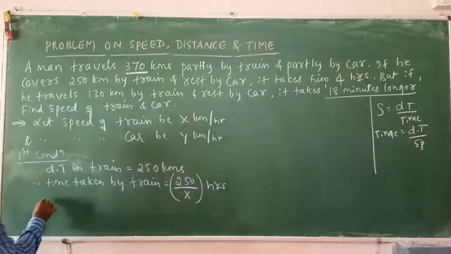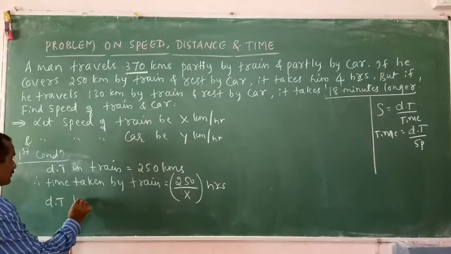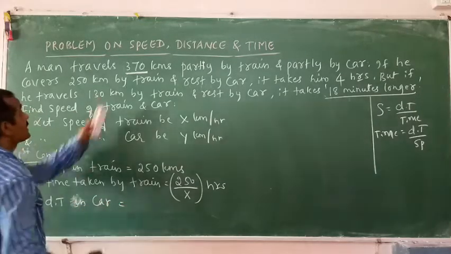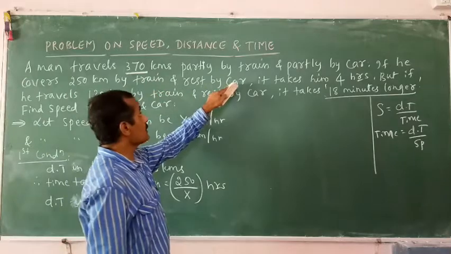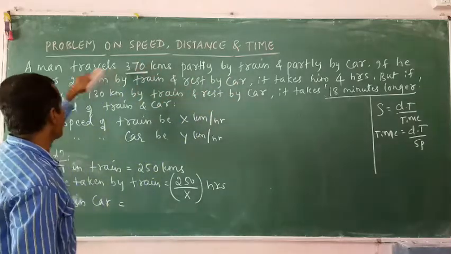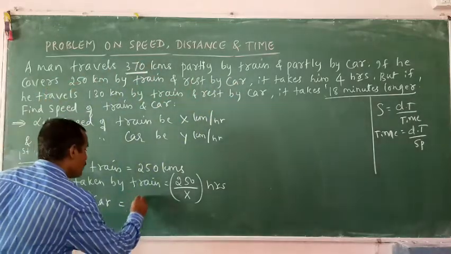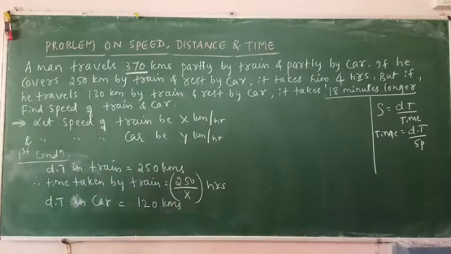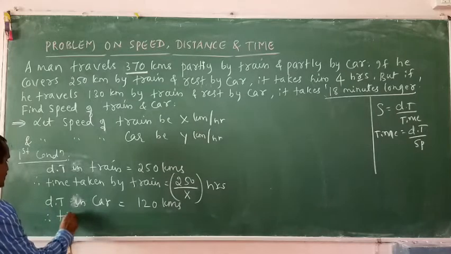Similarly, I will write here: distance traveled in car. How much? The rest of the distance is traveled by car. 370 minus 250, nothing but 120 kilometers. 120 kilometers. Therefore, time